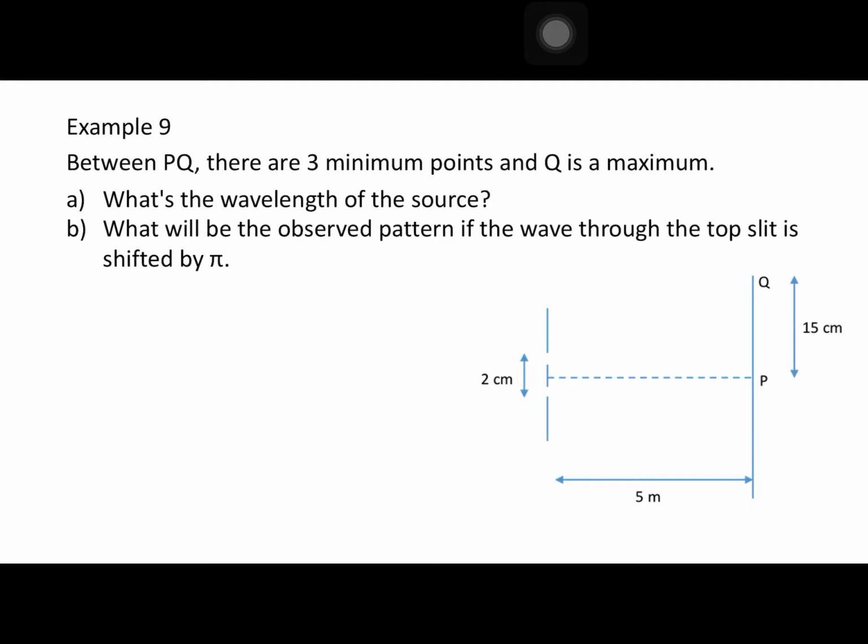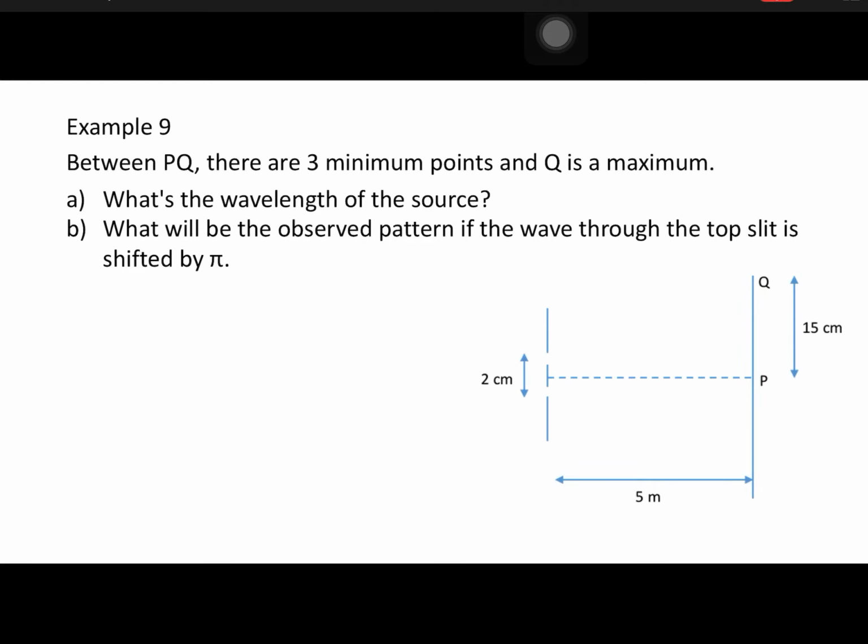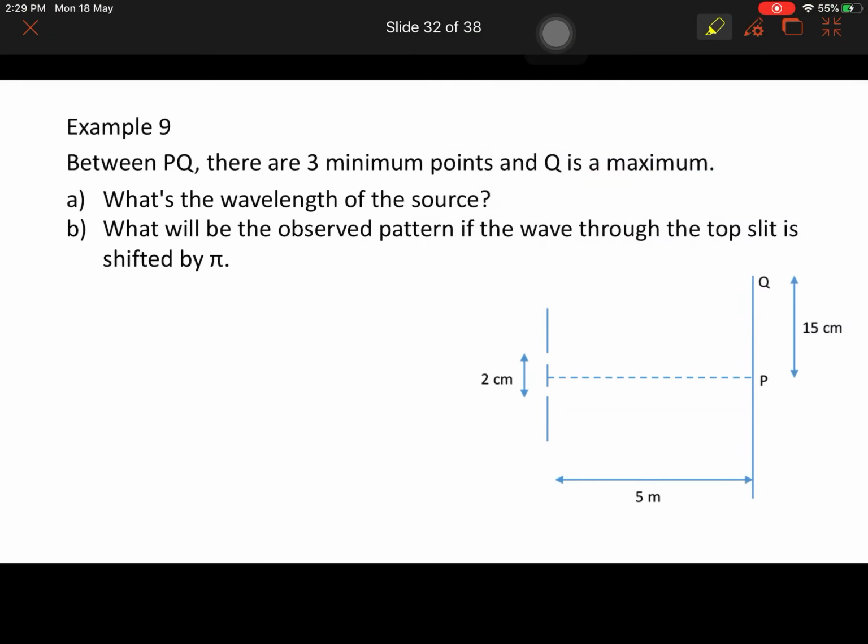So now for part B, what will be the observed pattern if the wave through the top slit is shifted by pi? Now what does that mean? Now we're talking about the wave has been shifted by pi. It means that